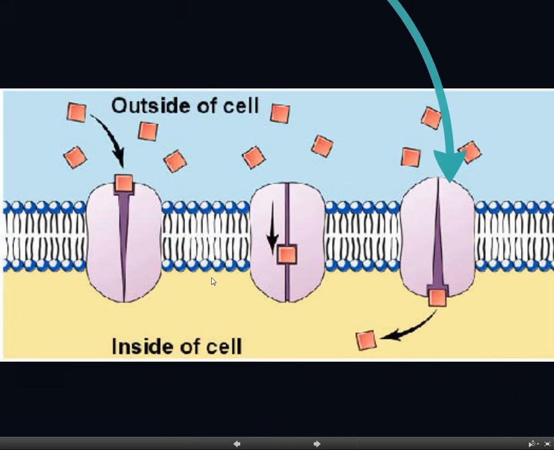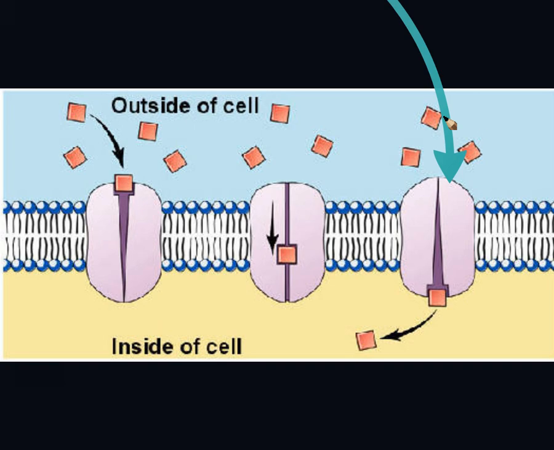So if we look at this diagram, essentially the reason you need facilitated diffusion is that some molecules, you can see here you've got a higher concentration of these square molecules on this side, so they would normally diffuse in this direction, from an area of higher concentration to an area of lower concentration. So we'd normally get a net movement in this direction, but there's this barrier in the way, the membrane,